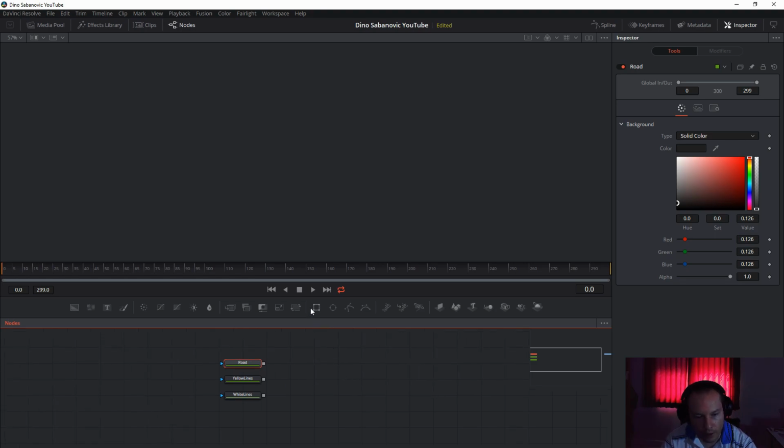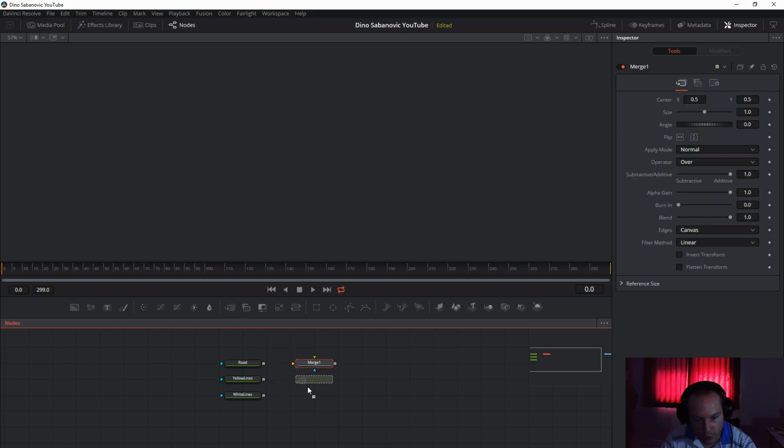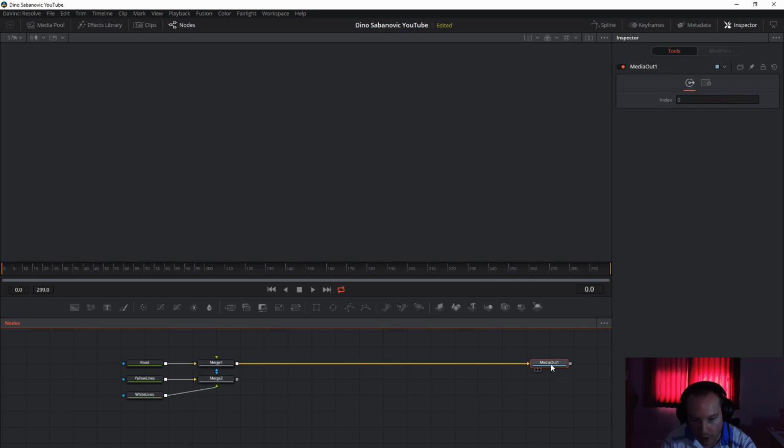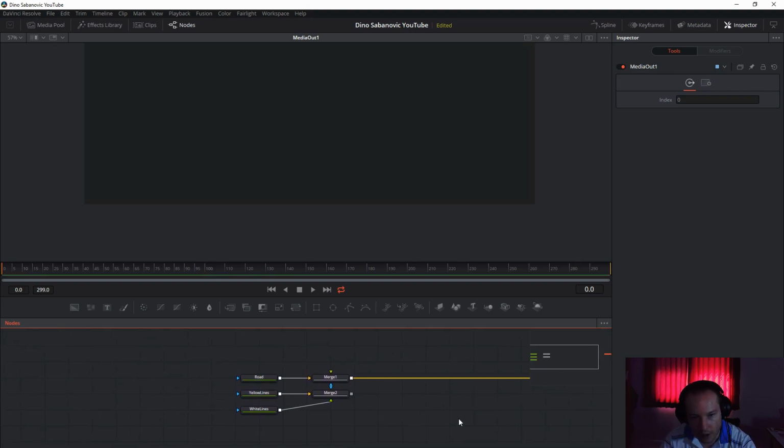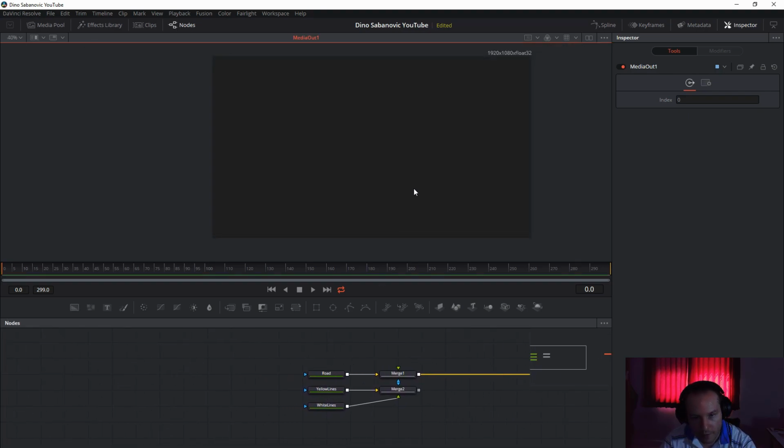What we need now is merge 1 and merge 2. Merge 2 will be for the lines. Connect the lines like this, and then we will connect later because first we need to finish the road. Connect the road to the merge 1 and connect the merge 1 to the media out like this. Press number 2 on the keyboard to see what's happening, and now